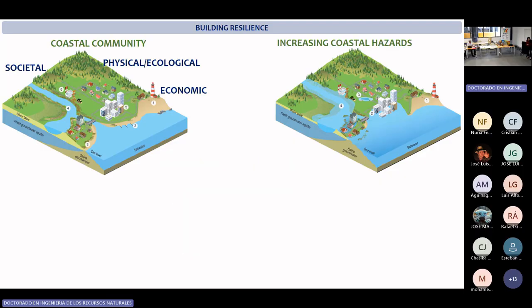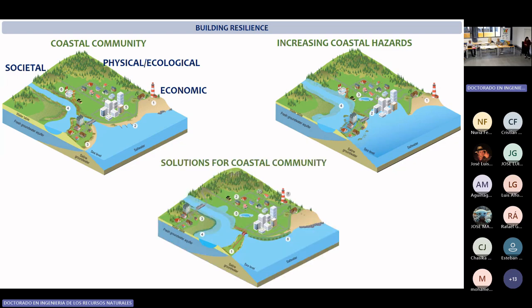So what happens is that all components are interacting with each other. That's normal. But this interaction is more and more complicated in a changing climate. So that will increase the hazard. So in the second diagram, we see building flood, okay? Such components will reduce the resilience and increase the vulnerability of the systems. So when the vulnerability of the system is increased, we have overwash, flooded areas, and many other problems. Okay? So what is the solution here? So solutions.